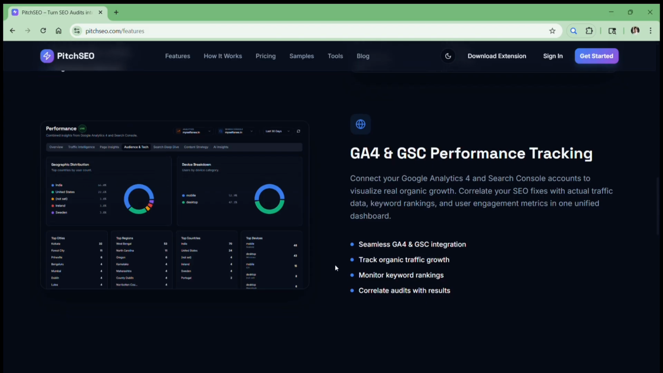If you come to this PitchSEO tool, what they do is track the organic traffic growth based on your Google Search Console and Google Analytics. If you see here, correlate audits with results. This happens with the data from Google Analytics 4 and the Google Search Console. It shows one of the most beautiful graphs that gives you the insights into how the active users and the active organic visitors are coming onto your website and how it is trending